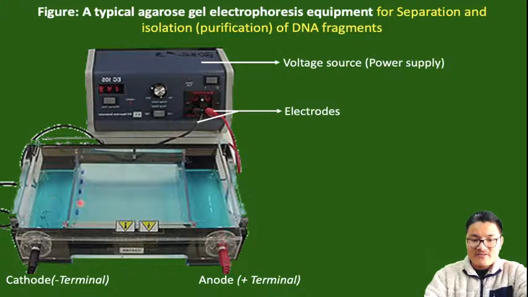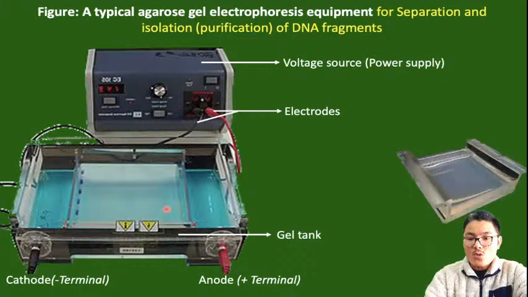We are adding a buffer, a liquid, with the help of which there is movement of flow of electric charges. In addition to that, what you are seeing here is the gel tank. The gel tank is a tank in which we also have a platform in between, on which we are going to add our gel with the help of a casting